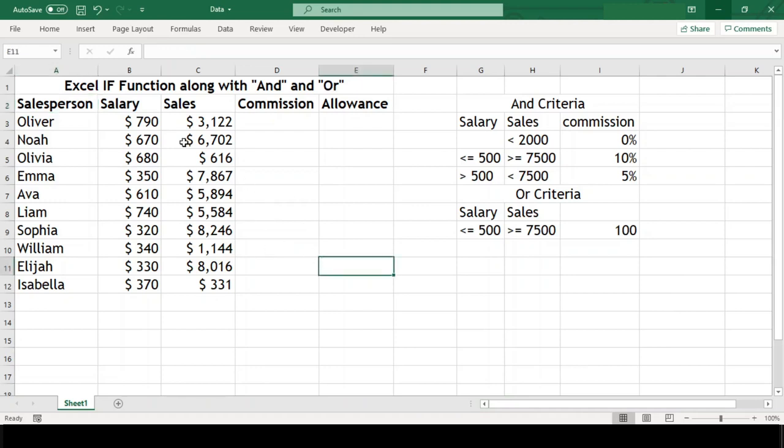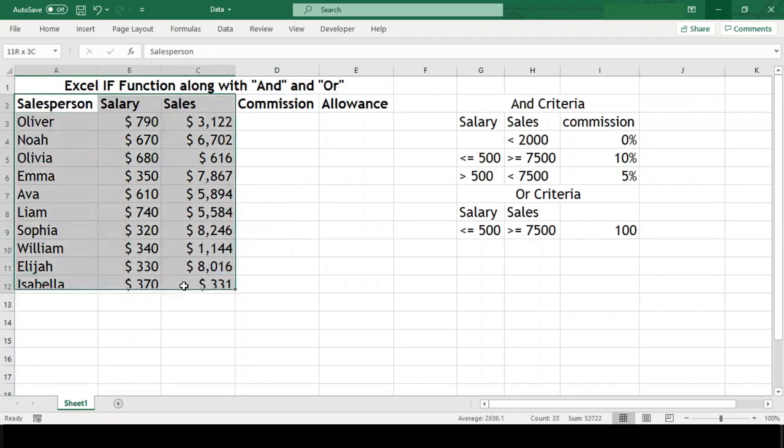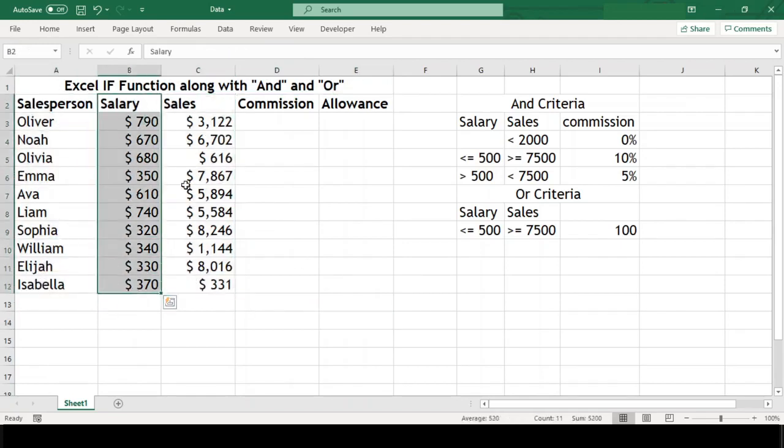Today, we'll understand how to use AND, OR along with the IF function. In this data, here we have the name of our salesperson, their respective weekly salaries and sales besides them. Considering the salary and sales, we have to find out how much commission and allowance we are supposed to pay